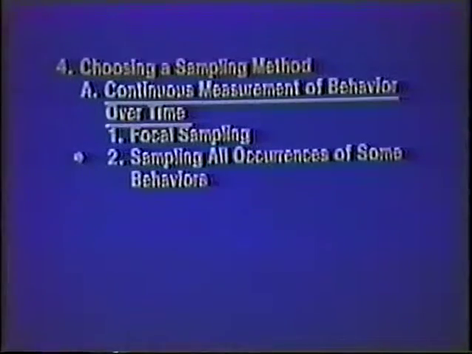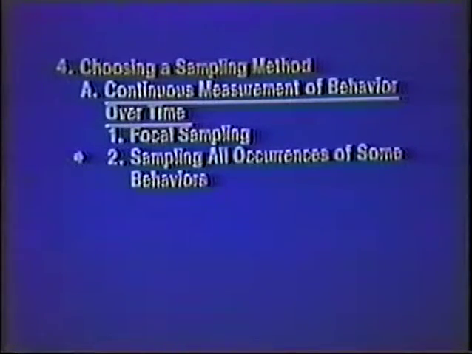A second method of sampling behavior is called sampling all occurrences of some behaviors and is very similar to the focal animal sampling method you just went through. Sampling all occurrences of some behaviors provides a complete record of a selected portion of the animal's repertoire. It is best used for conspicuous behaviors, for groups that are highly visible, and in some cases, the individuals must